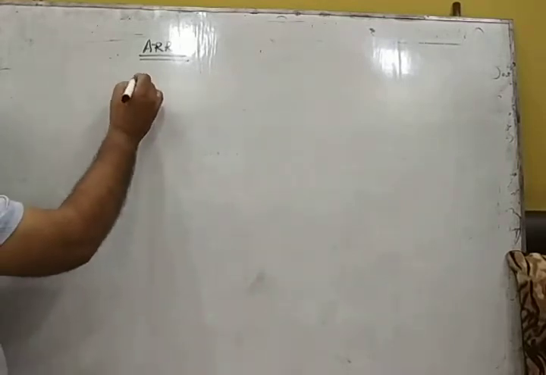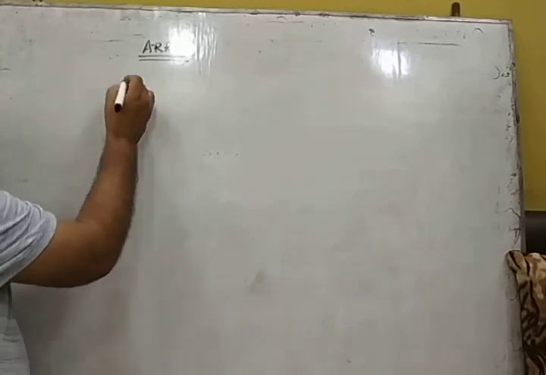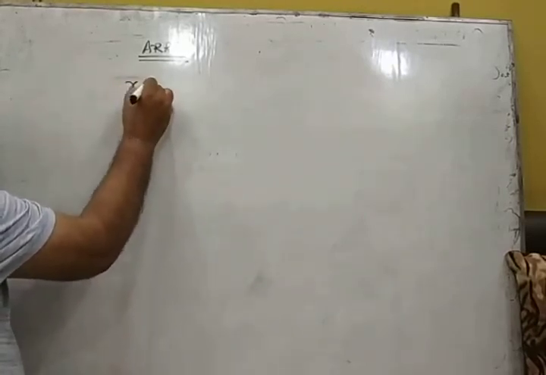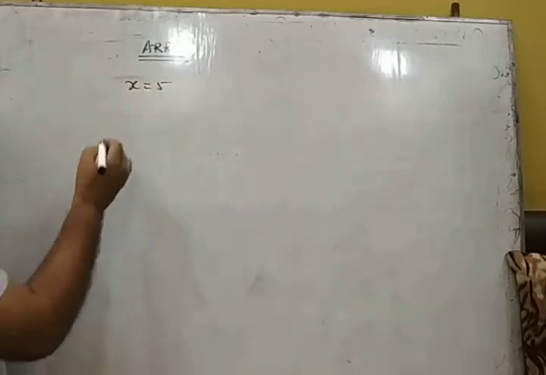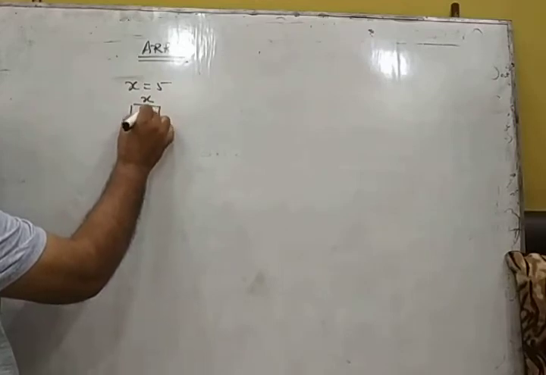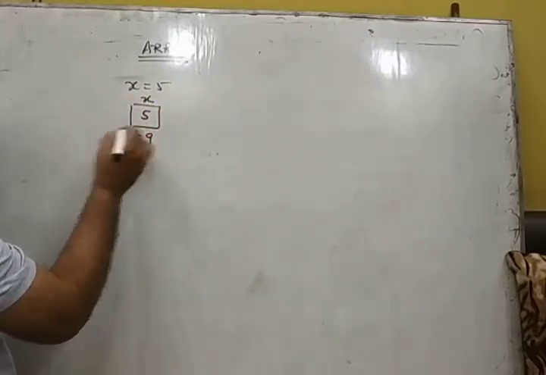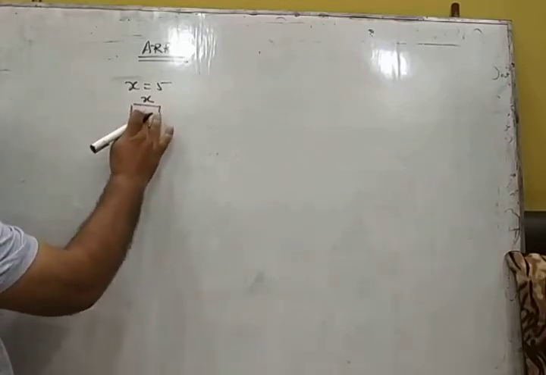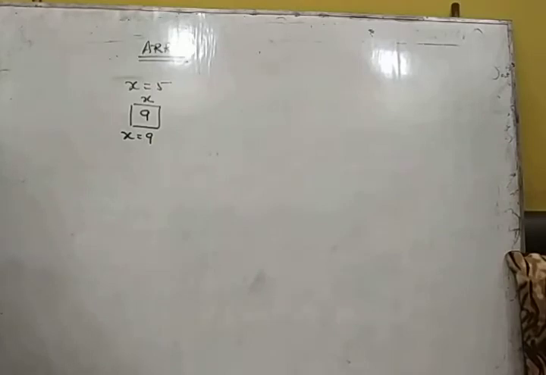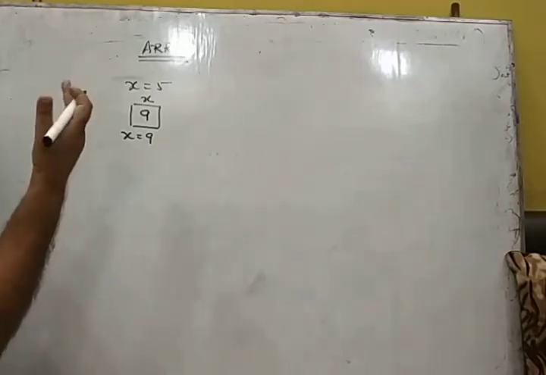You know this is the concept of computer, that whenever we take a value, say x = 5, what the computer does is it opens a box, names it x and stores the value 5 into it. Suppose you take x = 9, so what happens? This value 5 gets dropped off and 9 comes in. Whatever the latest value that comes in, the old value gets dropped off.